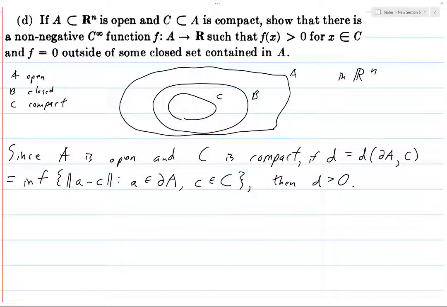I'll go into enough detail that any additional detail you should be able to figure out on your own, or worst case scenario, you just pick up a copy of Munkres, however it's pronounced, and learn a little bit about topology. Chapter 2 of Baby Rudin would also work. Okay, so D is strictly